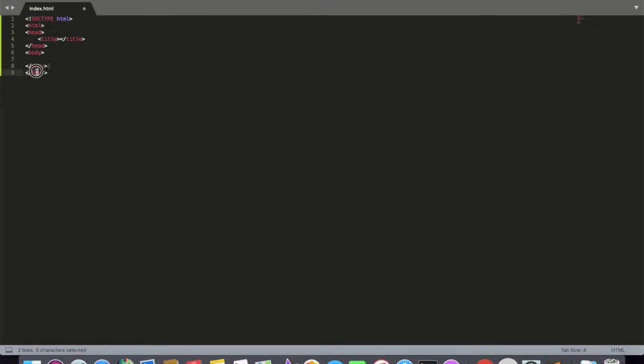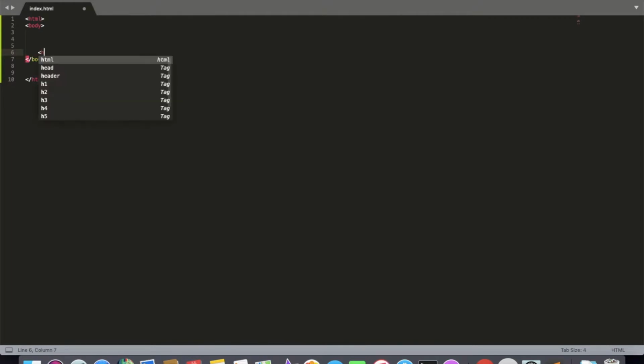And everything here, these are called tags. These little characters, I don't know what they're called. And this is an opening tag, and that is a closing tag. You can see there's a little backslash at the front for the closing tag, and in between these two tags you put your content, and I'm going to go body, so that's where my content will go,